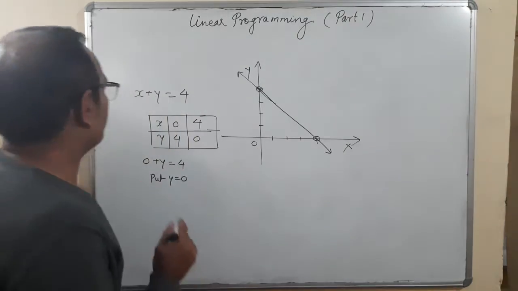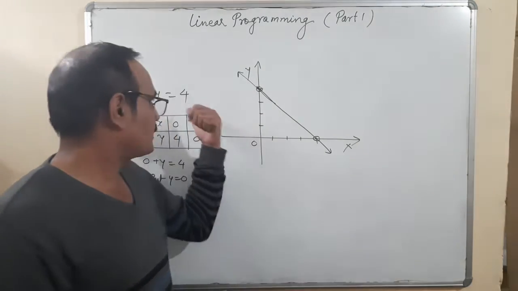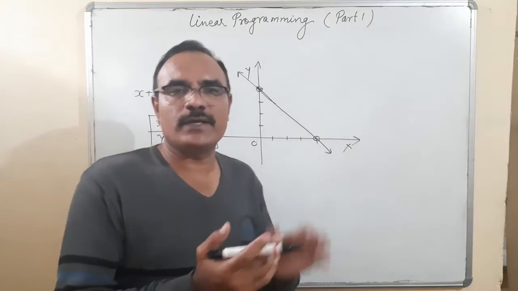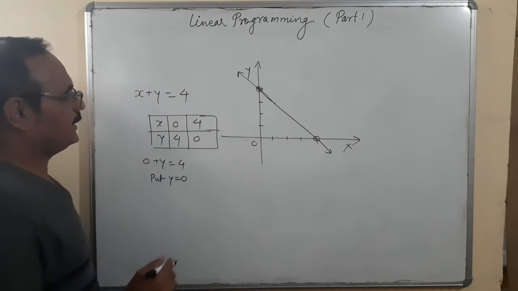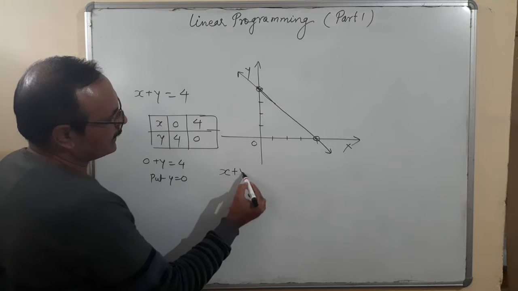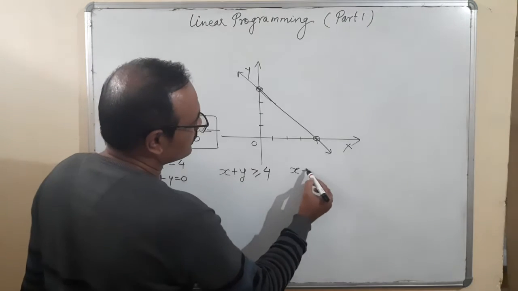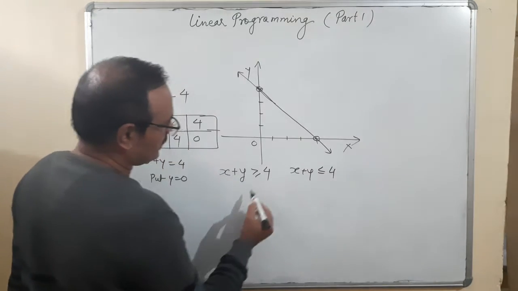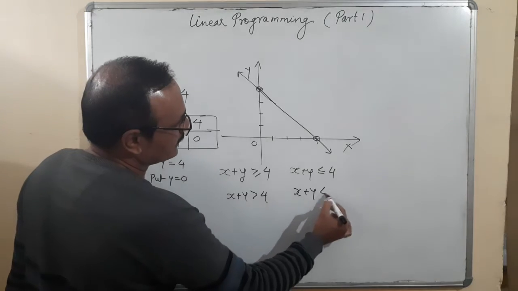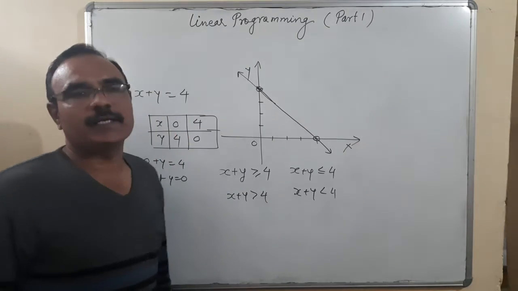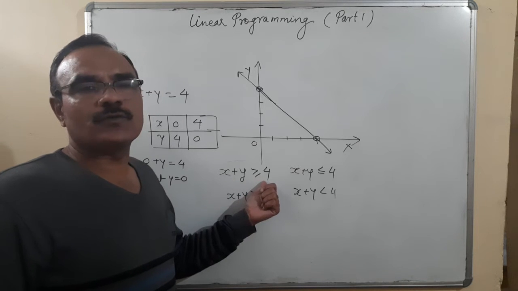This is actually when x plus y is equal to 4, that means it is equal. The equal sign is given. It is called equality, equality of left hand side and right hand side. In case of this equality, if I use the term x plus y is greater or equal to 4, or x plus y is less or equal to 4, or x plus y is strictly greater than 4, x plus y is strictly less than 4, then what could be the condition? Let us see. x plus y is greater or equal to 4.